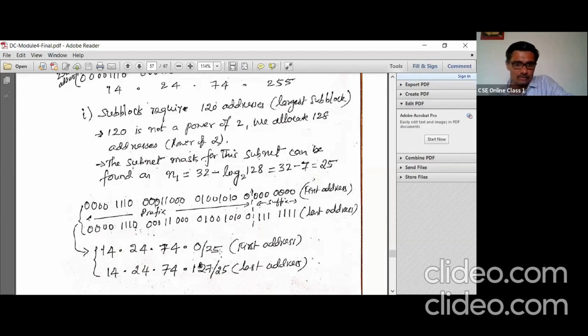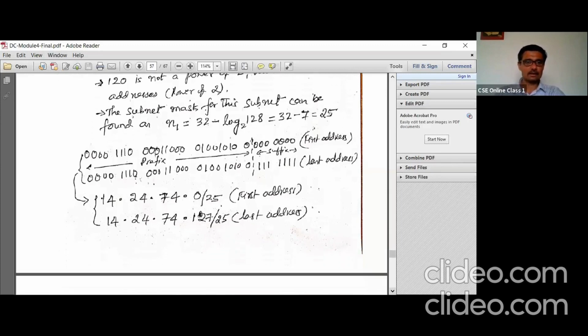Slash 25, what is 25? That is small n sub. That is the first address. Similarly, the last address has the last byte changed: all ones, that is 127. So this is the first address in the computer science department, and this is the last address. The computer science department network admin can use only these addresses.